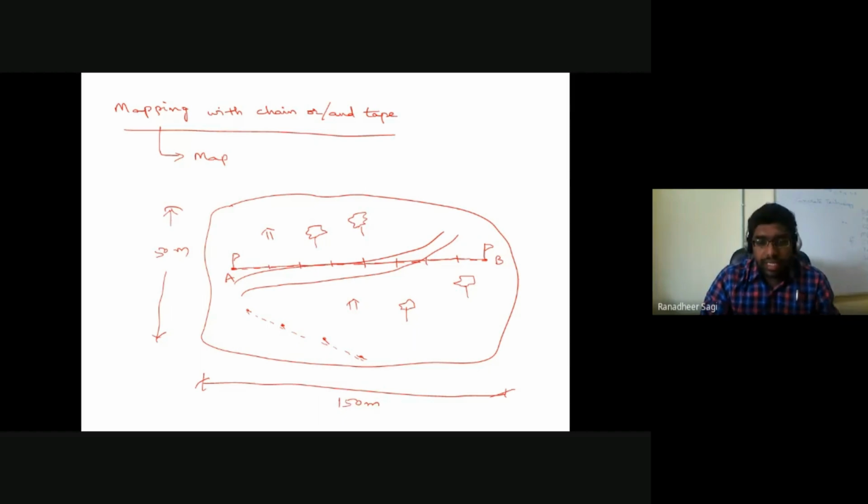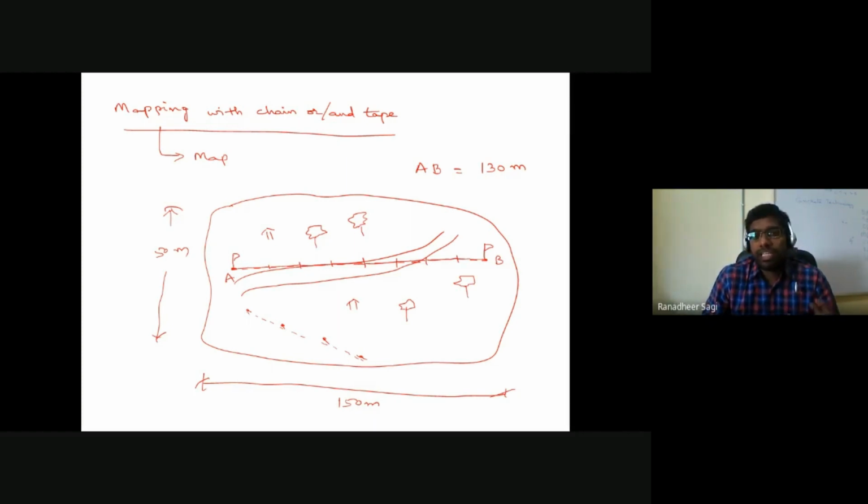Okay, so next, once I understand that A to B marking, what I have done is the straight line path in which I have measured my distance. Let's say that distance I have measured between point A and point B comes to something like 130 meters. So I'm fixing 2 control station points, point A and point B, and I'm trying to measure the distance between point A and point B.